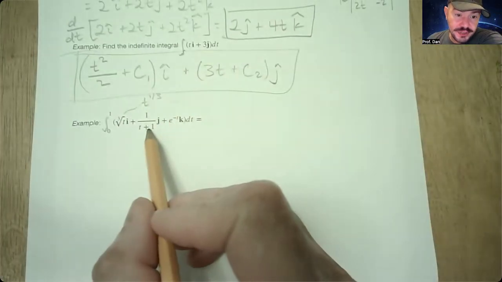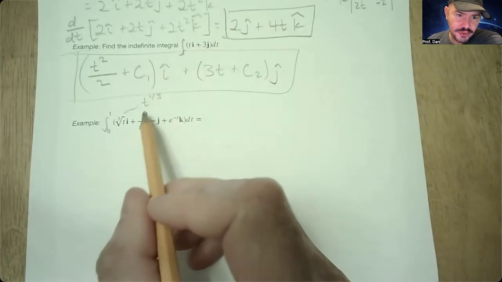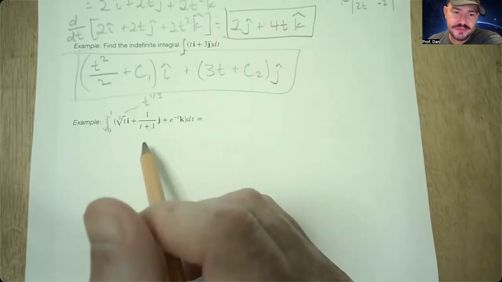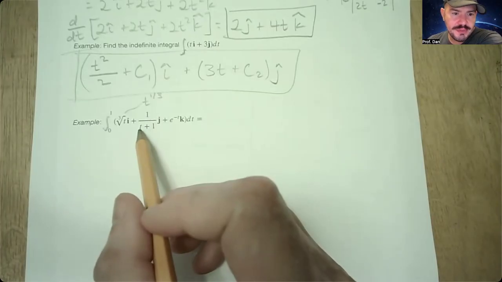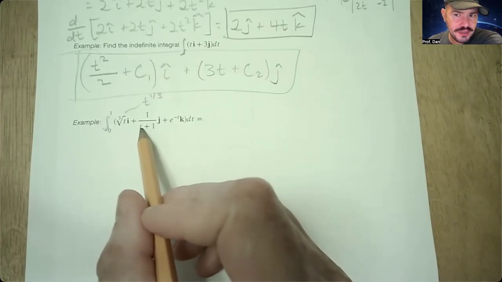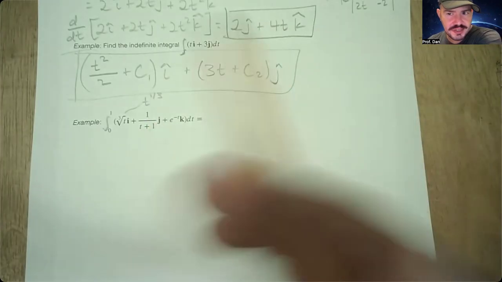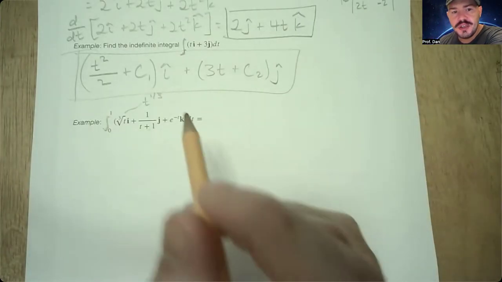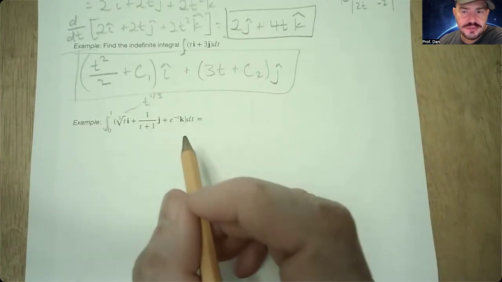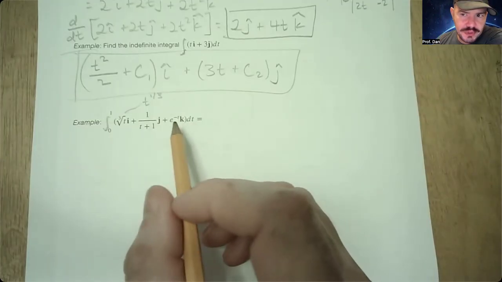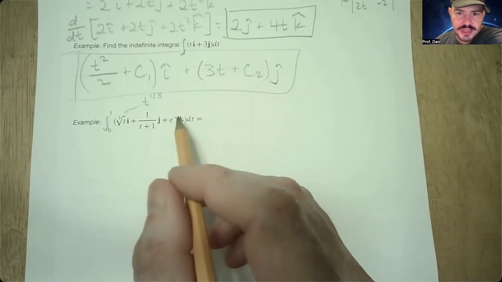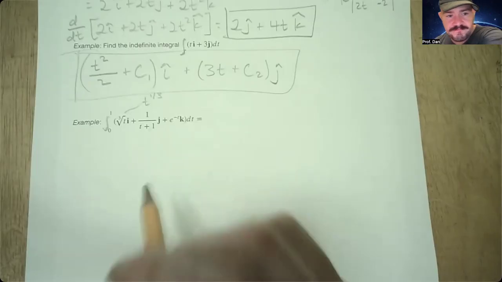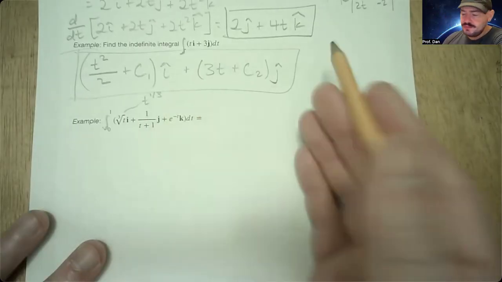For this one, this is very similar to 1 over t. So the antiderivative would be a natural log. Remember, though, that if you have a coefficient for this t, you would technically need to do u sub, and that's going to introduce a constant in front of the natural log. And then e's. So remember with e to a power, it's just e to that exact same power divided by the coefficient. That's it. So without further ado,